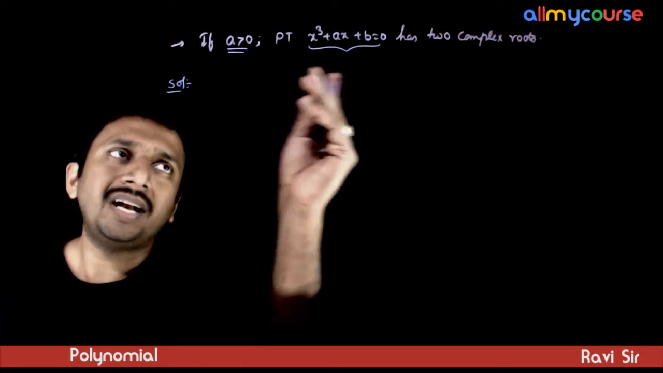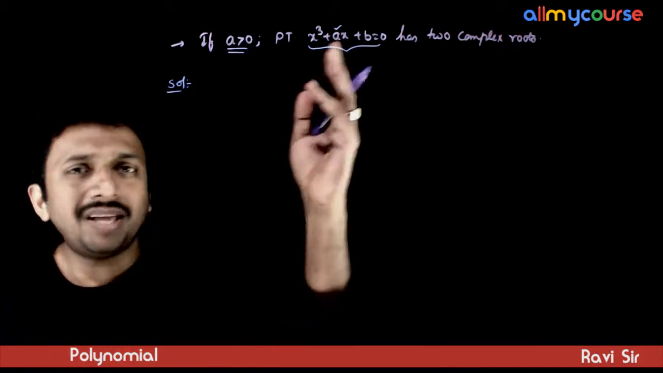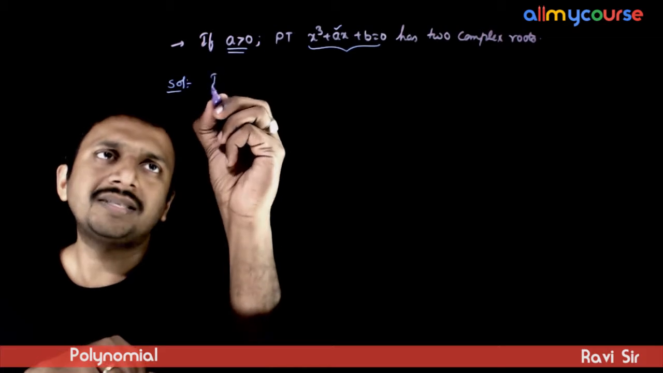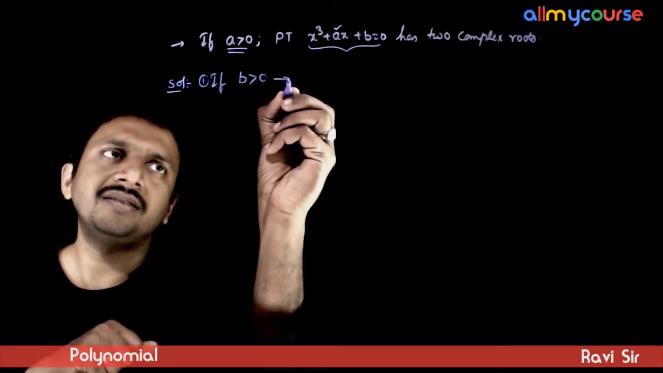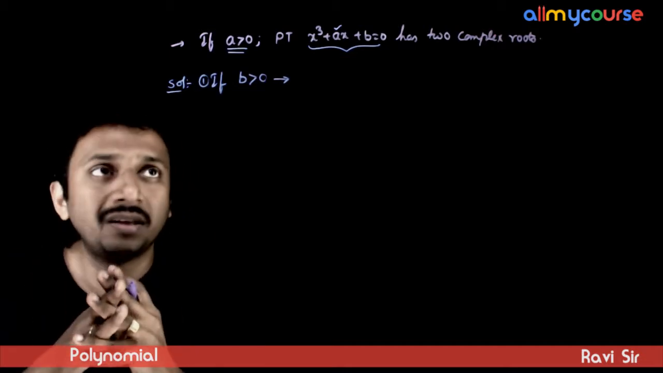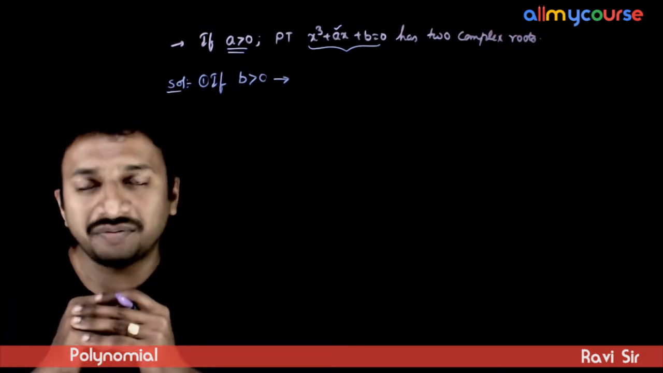So there are two cases, right? A is given as positive. B can be either positive or negative. So let us take the case 1. If B is greater than 0, then what is our conclusion? So if B is greater than 0, from the Descartes' rule of signs,